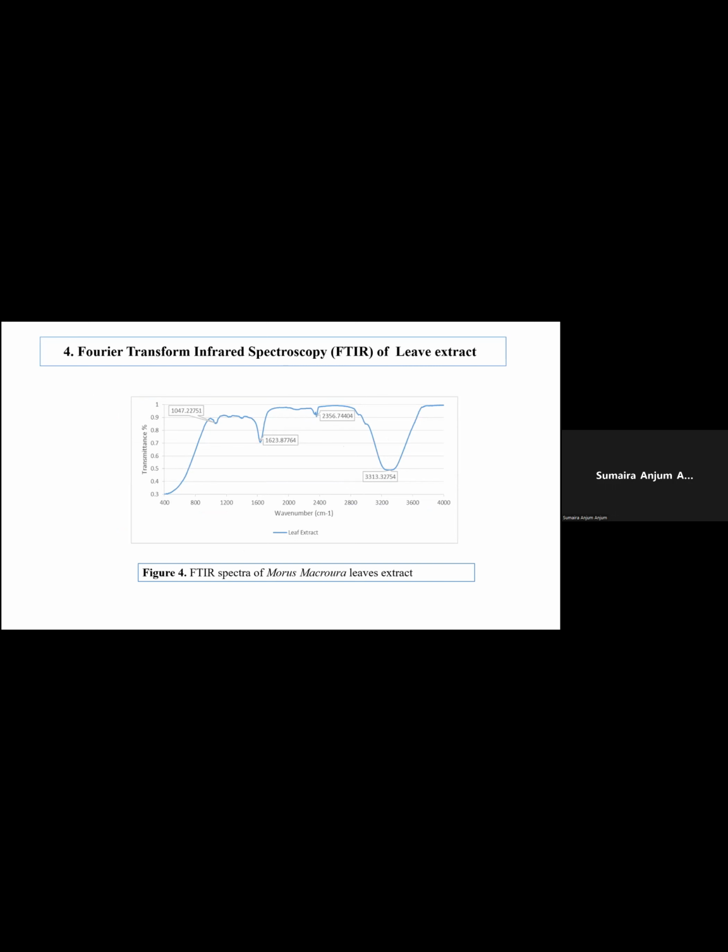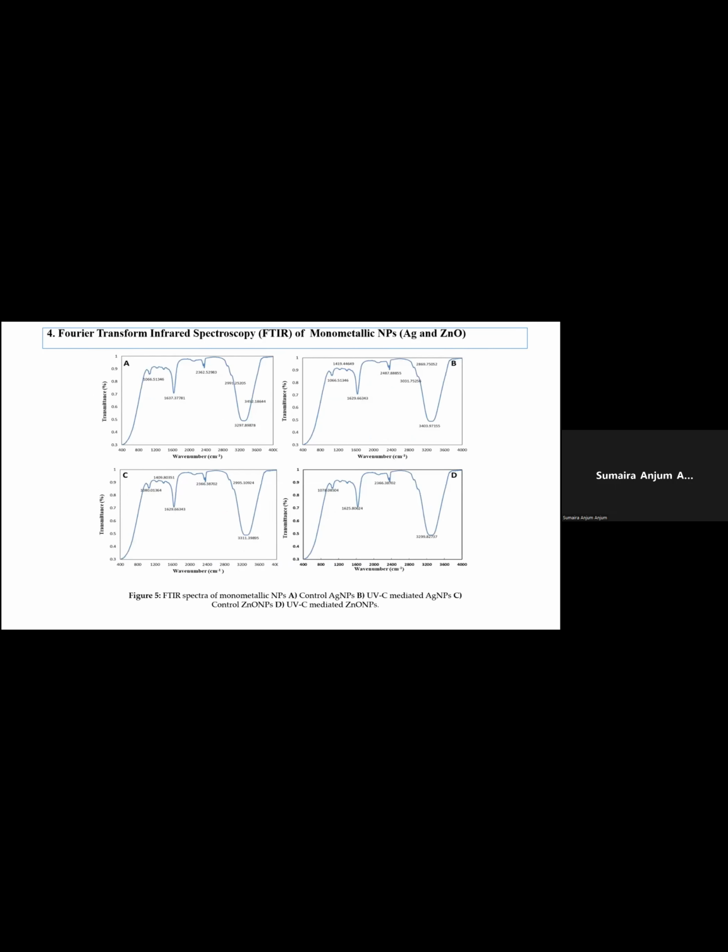This is the FTIR spectra of the leaf extract of the Morus plant extract, which was used as a reducing and capping agent for the synthesis of the nanoparticles. And this is the spectra of the monometallic nanoparticles. A is the control, B is UVC, C is zinc oxide, and D is UVC-mediated zinc oxide nanoparticles. In all the FTIR spectra, we can see different transmittance peaks at different wave numbers. When we interpreted these wave numbers, they correlate mainly to the polyphenolics and flavonoids present in the plant extract that were responsible for